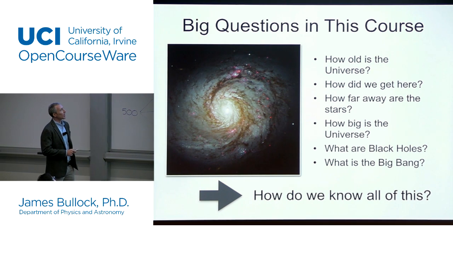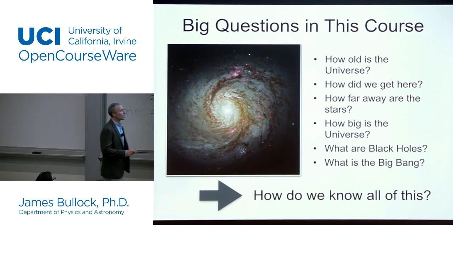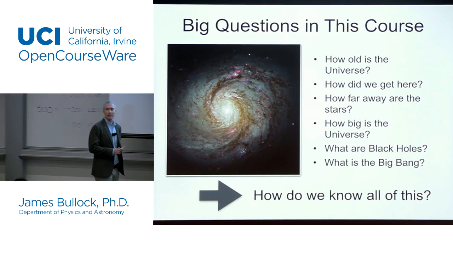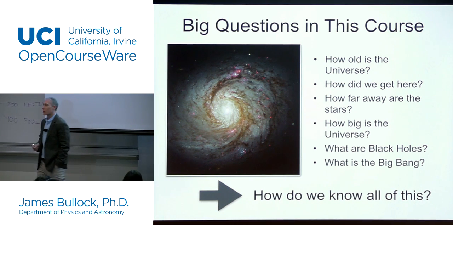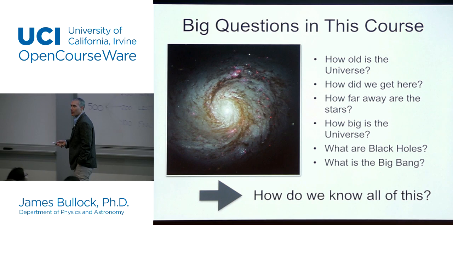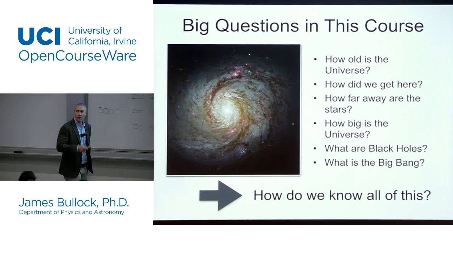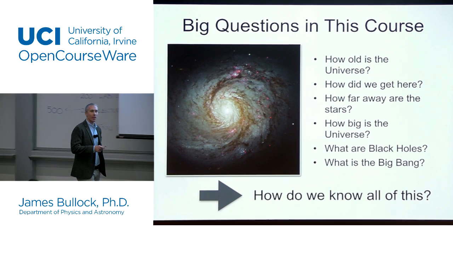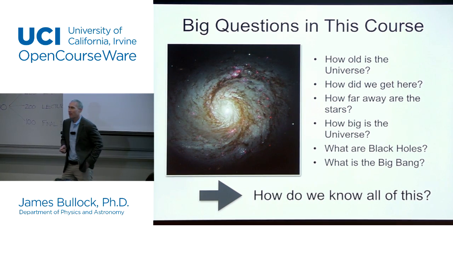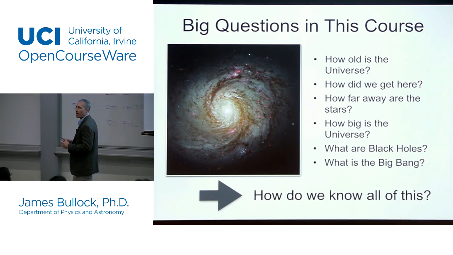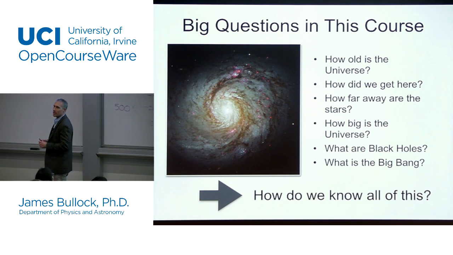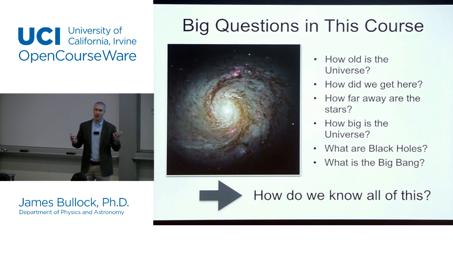And then specifically in this course, because we're in the era of modern cosmology, we know of some really exotic things that exist out there. For example, black holes. They're a really extreme phenomenon that until maybe less than 50 years ago, people thought didn't actually exist and were just a mathematical construct. Now we have a fair amount of evidence that these things really do exist. They're extremely powerful. And what are they?